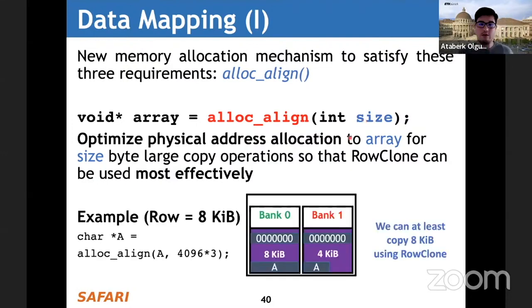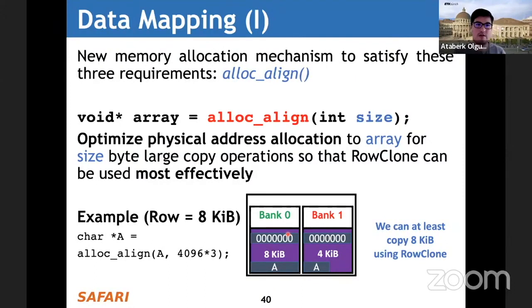For example, when we want to bulk initialize some data with zeros, we can place a row full of zeros in a DRAM bank and allocate accordingly to make sure that we can initialize data using RowClone. If we have 8 kilobytes of data, and our rows are 8 kilobytes in this example, then we need to map this full operand to a single row to be able to use RowClone operations.